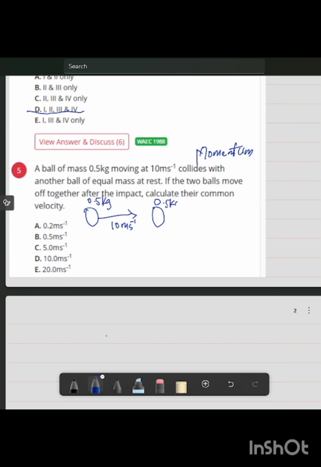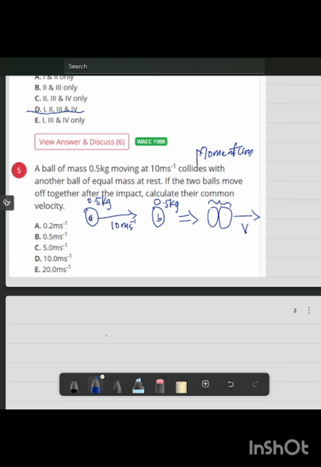I think the outcome here would mean two balls headed towards the same direction, having a common velocity, which we are going to call V. We call this body A, and we call this body B. So these two masses remain the same since matter can neither be created nor destroyed. Matter is conserved too. So taking that into cognizance, I could tell you that the formula for this will be